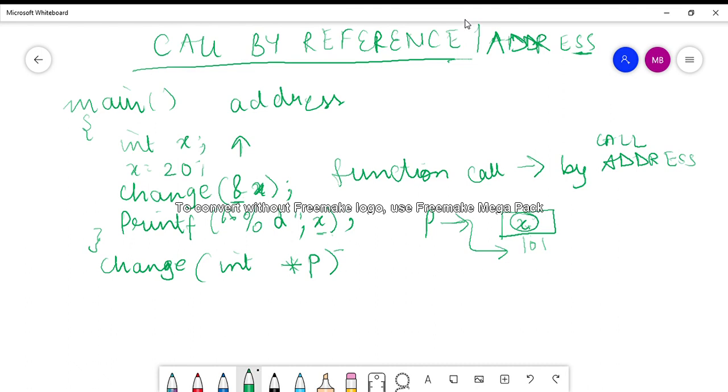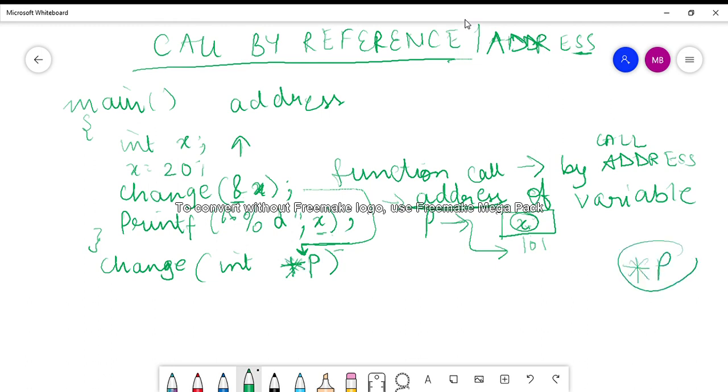In call by value we were passing the value of the argument, in call by reference or call by address we pass the address. We are passing the address of the variable. So ampersand x represents the address of the variable, and when we want some variable to point to that address we use the pointer variable like this.